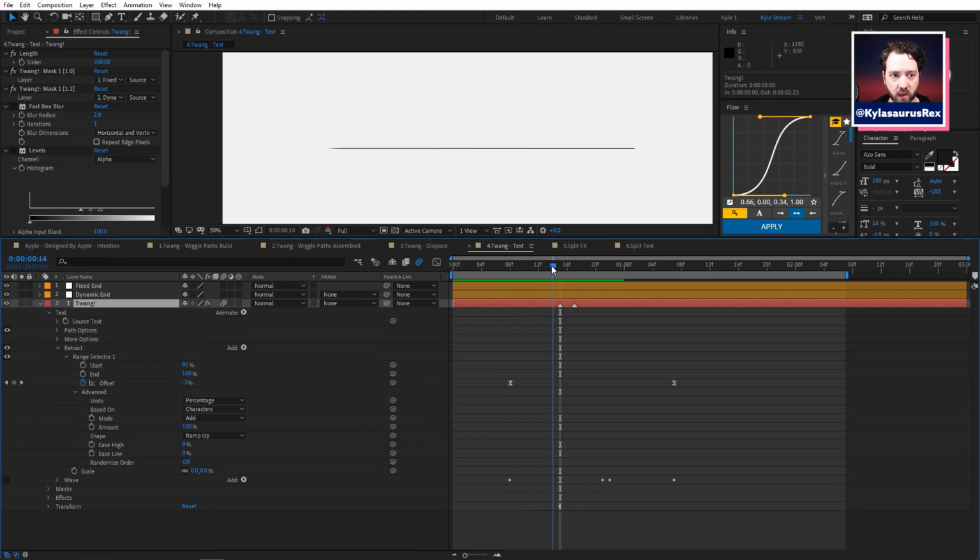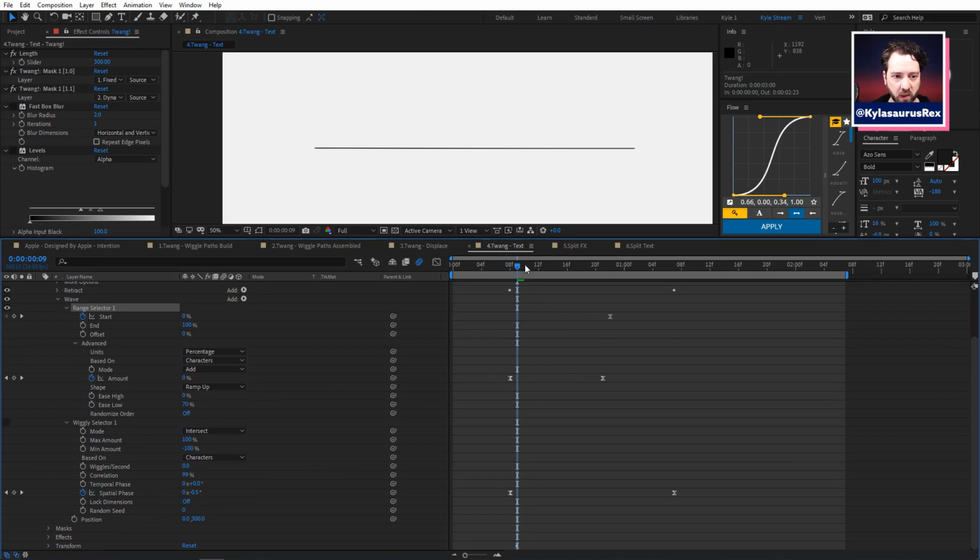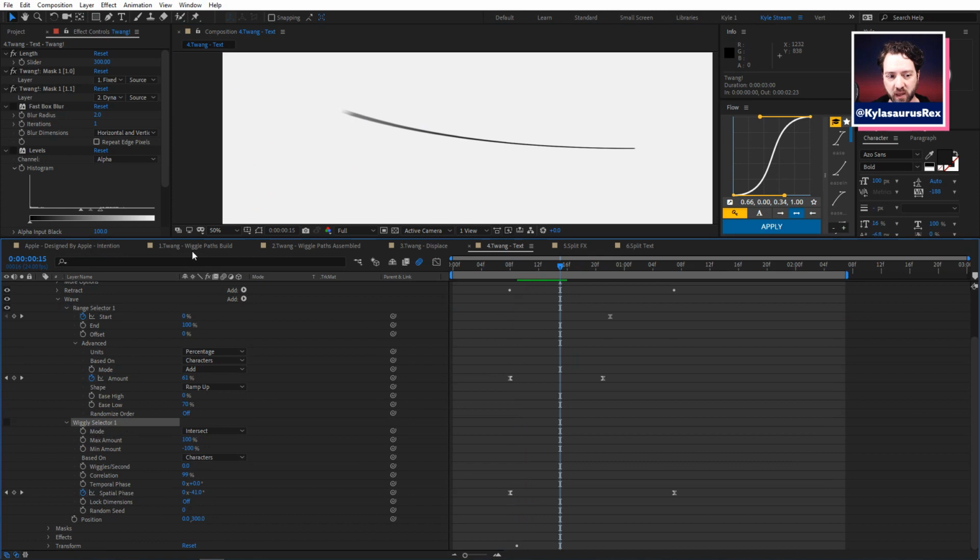Okay. And then there's a second animator here that I called wave, which has a range selector. This one has a position property going up to 300. So the range selector makes it so that, because it's on ramp, this end is not getting affected at all. So I can give it this real nice falloff to way wavy and not wavy at all. Then I fed it a wiggly selector that would turn this into more of a wave. Bing. And I can post this project file too. You can pick it apart.